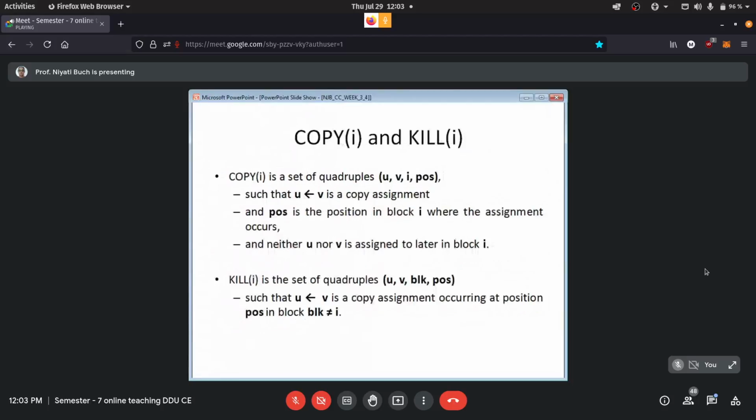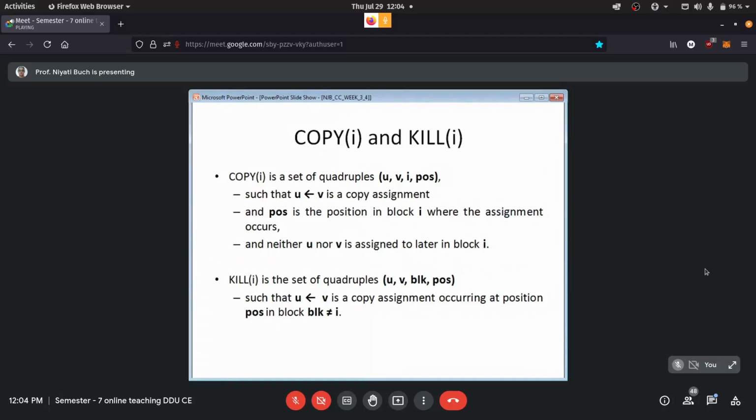Now we will maintain both these sets as quadruples. Each element will in turn have four values, which combine to form one element in our set. Now u and v are the copy assignment variables such that v is assigned to u. So we write the first values, that is u, comma v.